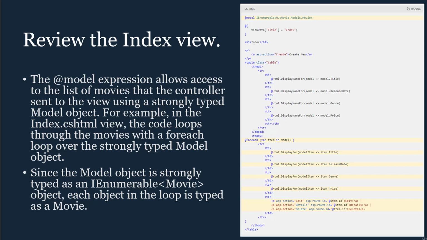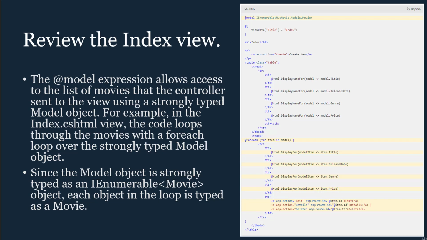So let's have a look at the Index view. At the top of this document, the @model expression allows access to the list of movies that the controller sent to the view using a strongly typed model object. Remember, in the controller it passed a list of movies. For example, in the Index.cshtml